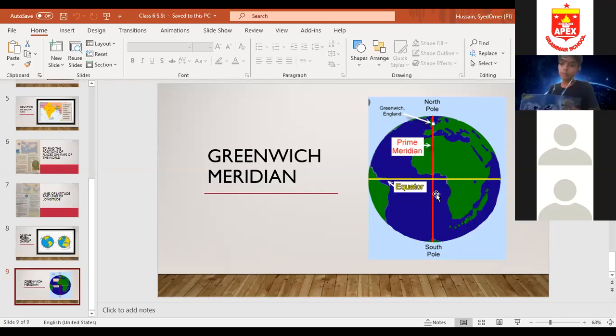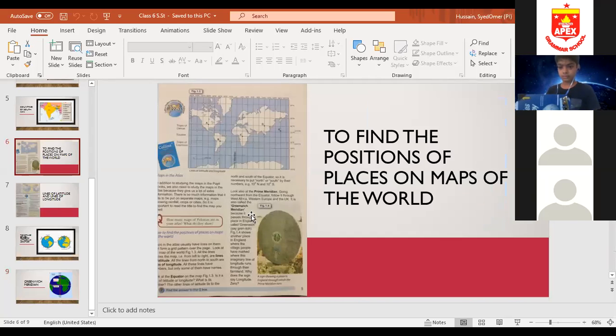So now what are they telling you in this paragraph? Once again, I go back to the paragraph. Look also at the prime meridian. Villagers have just marked this as a prime meridian. This is a kind of sign showing a place in England through which the prime meridian runs. They're telling you about Greenwich, England. Greenwich is a place in England, and it is also called Greenwich Meridian. You can underline why it is called Greenwich Meridian: because it is present on the prime meridian.